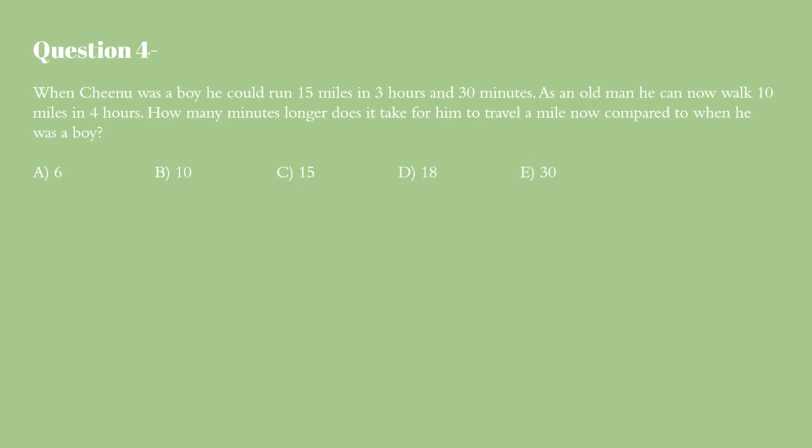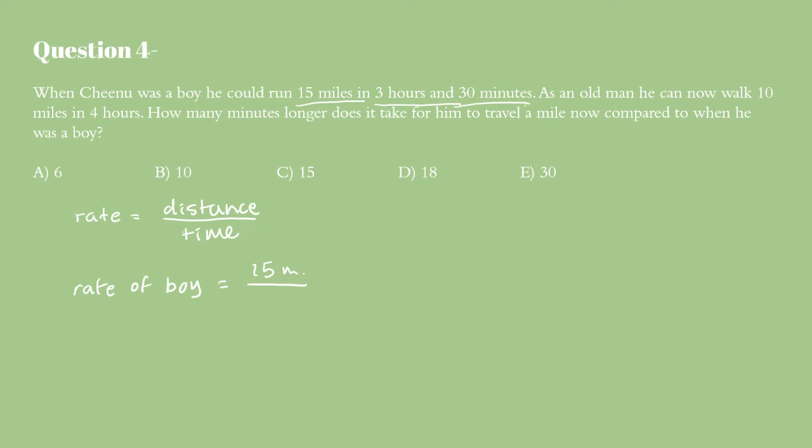So the way we're going to find that is using the rate formula. I'm not sure if there is a name, but I'll just write it out. Rate equals distance over time. This is standard, just something you kind of need to know for these tests. So let's calculate the rate of the boy. The rate of the boy would be, he ran 15 miles, that would be distance, so 15 miles over 3 hours and 30 minutes.